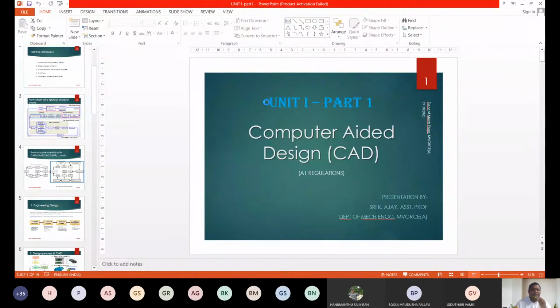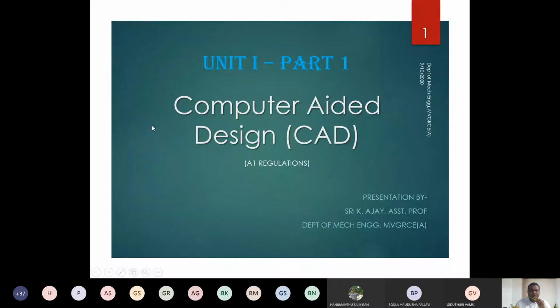So in the last class, we discussed the course orientation and all the prerequisite syllabus, and also the first two topics of the first unit were discussed. So today, let us have a glance at what we discussed for 5 minutes, and then we can go with the new topics as well.